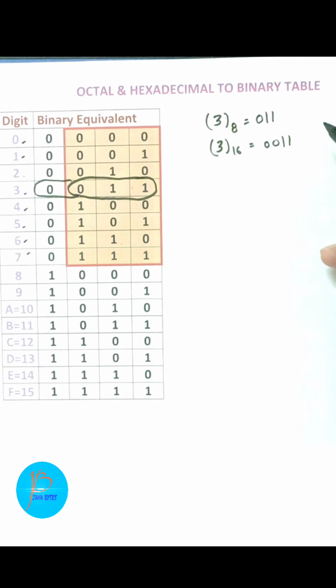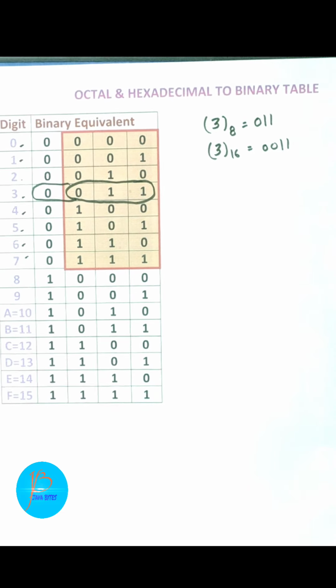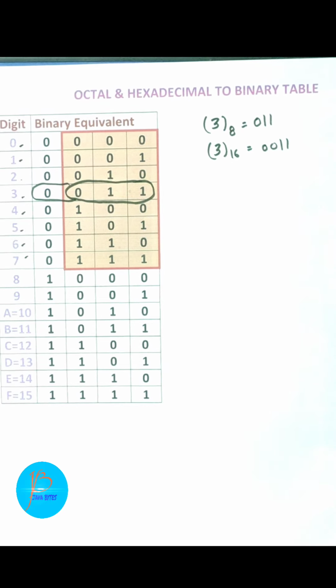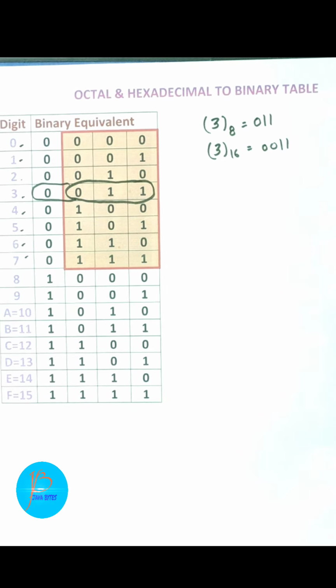Okay, children, so the most important thing you have to learn is that for an octal value, children, you will write their binary equivalent of 3 bits, but when you have to write the hexa equivalent of any digit, then its length should be of 4 bits, means 4 0s and 1s. Okay, so we will learn it through a few more examples.